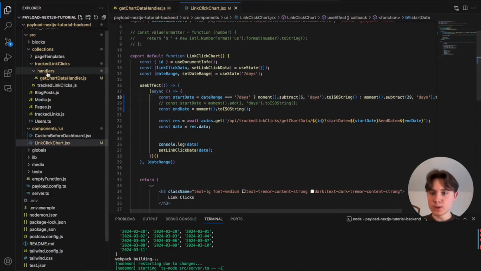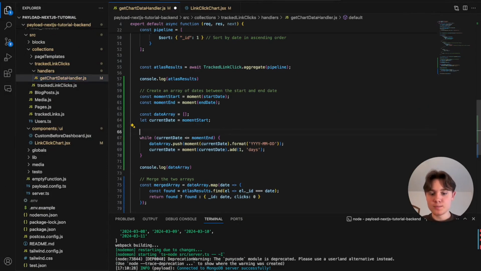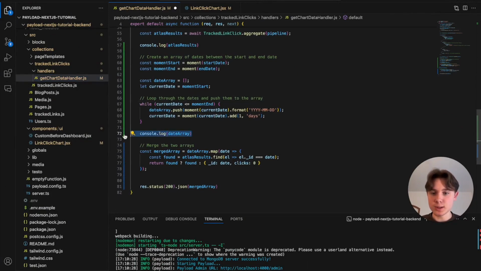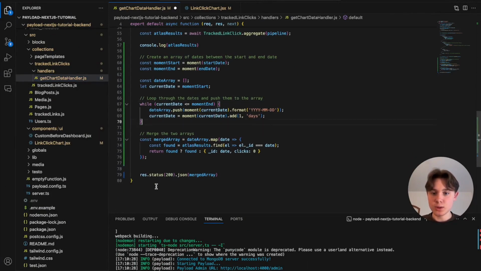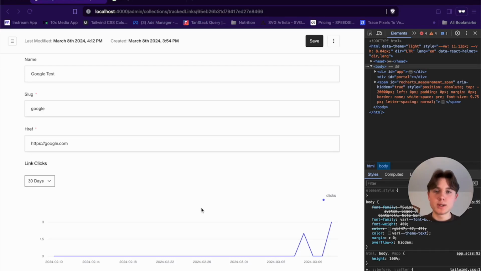Now I'm probably just going to add a few more comments in here. Loop through the days, just for context. I can remove this console log, and there I return the merged array. The next step is to add a range for 1 day. There are multiple ways of handling this. So I could either say I only want clicks that happened